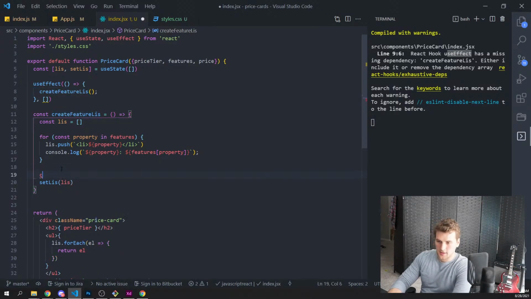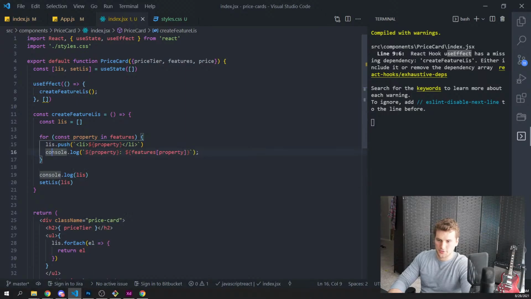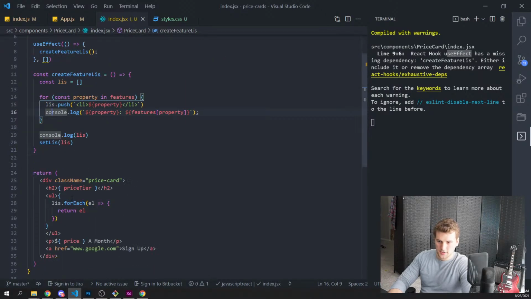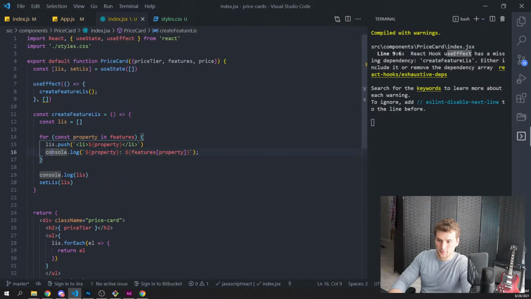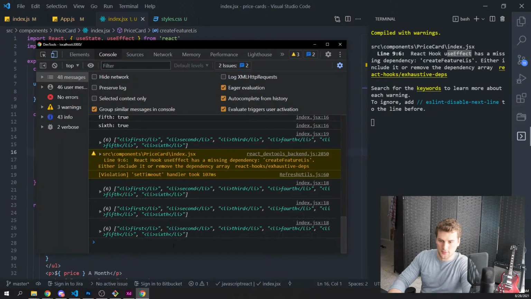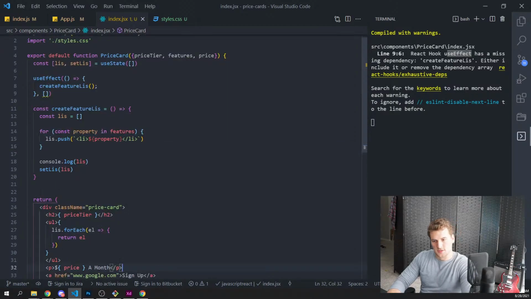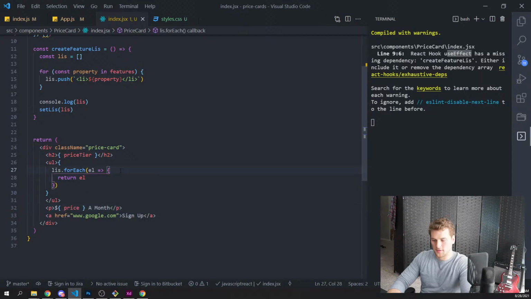What if I console log the LIs right here to make sure that has everything I want in it? And then we're gonna get rid of this console log because we know what that's doing already. And then we refresh. Cool, so this has a list of elements like we want, right? Now why isn't that logging here?